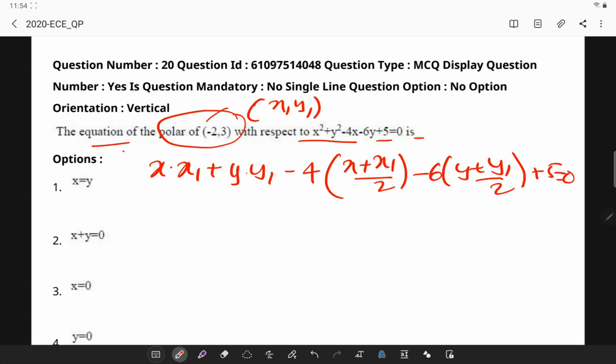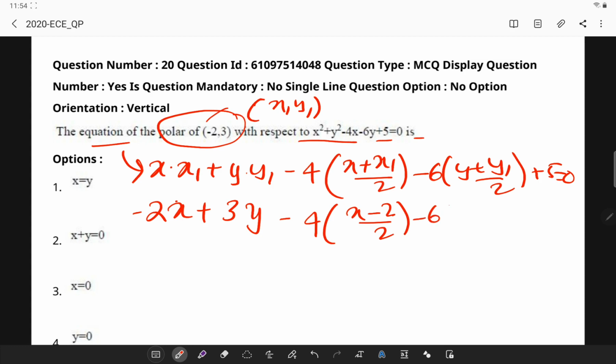So this is the equation of a polar which the student has to remember. Given x1 is minus 2 into x, y1 is 3 into y, minus 4 into (x minus 2) divided by 2 minus 6 into (y plus 3) divided by 2 plus 5 is equal to 0. So minus